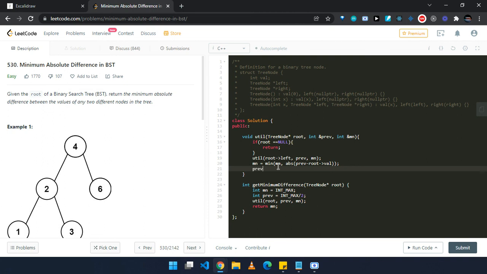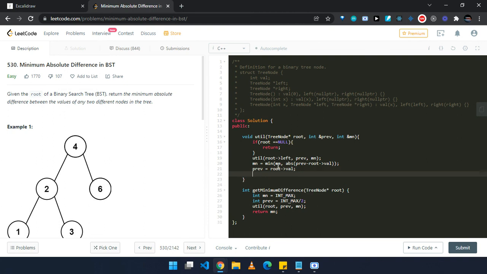So we will change the value of previous to current node's root value, and we will visit the right hand side, root right, and previous, and mn. This way we'll complete our traversal.